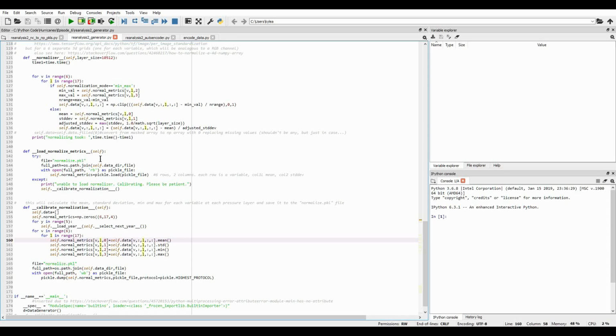In the future then, next time I go through and I create a data generator object, what I'll do is load those values and then use those to normalize everything else. So again, the reason I'm looking at each of the variables independently is because obviously those are different ranges, but